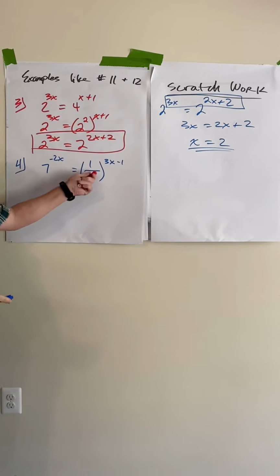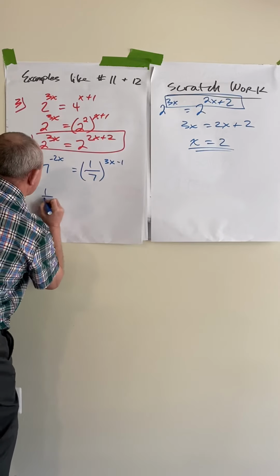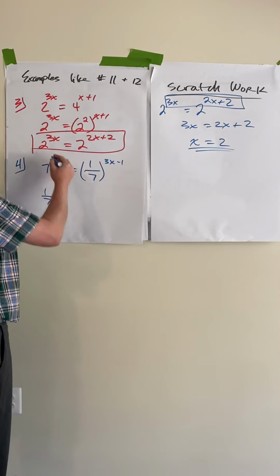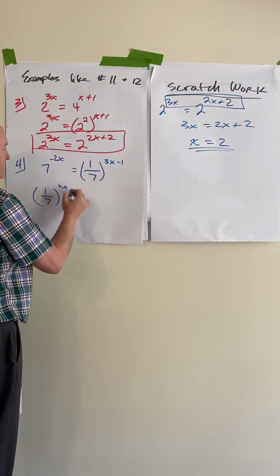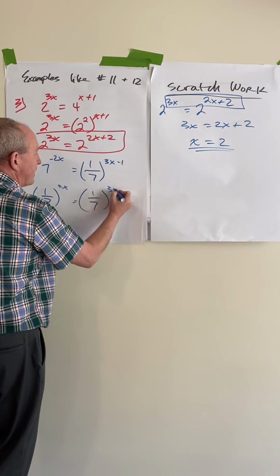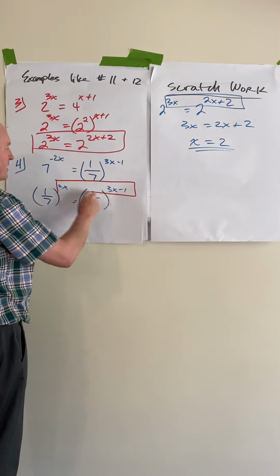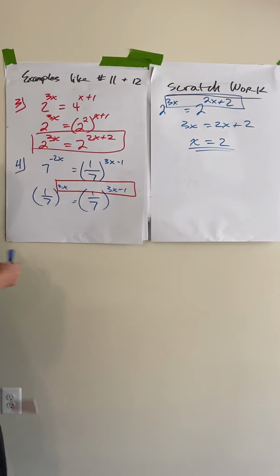Now, number 4, this is a little trickier because you got that upside down, got that fraction. But I'm going to change 7 to 1/7 over here. And when I change 7 to 1/7, that just needs a negative exponent. So I'm going to take this exponent and change it from negative 2x to just 2x. So now I got 1/7 to the 2x equals 1/7 to the 3x minus 1. Now we can do the same little trick we just did. We set this equal to this because our bases are the same. So our new equation that we're going to solve is 2x